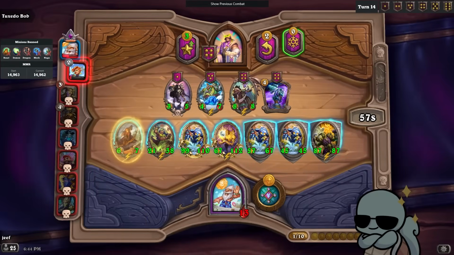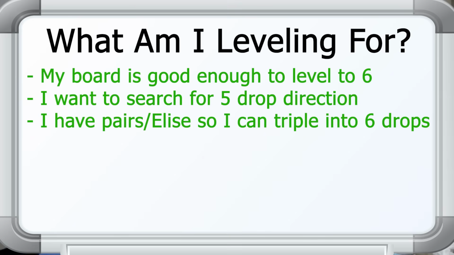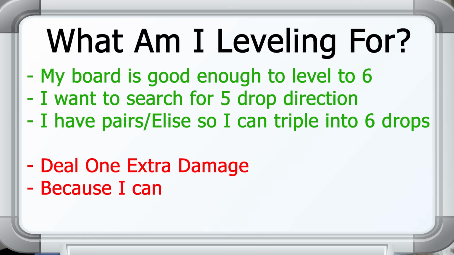There are a couple of considerations. The first question you need to ask yourself is, what am I leveling for? Valid answers to this question are, I would like to get to 6, or I'd buy this Banana Slamma, Record Smuggler, stuff like that. Or I have a lot of pairs, or I have a lease, and I'd like to triple into 6 drops. Invalid answers include because I feel like it, or to deal 1 extra damage,